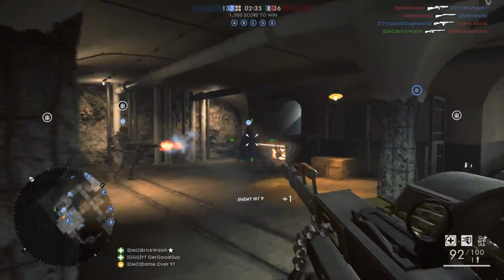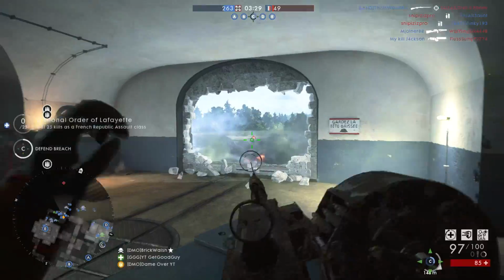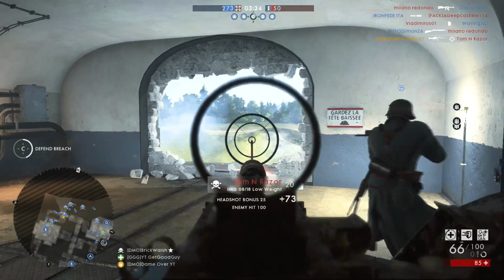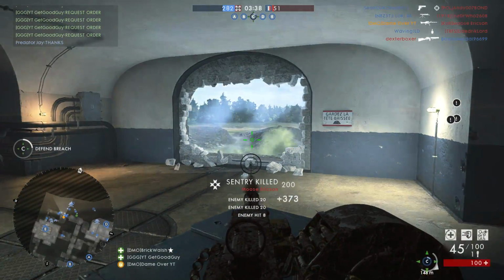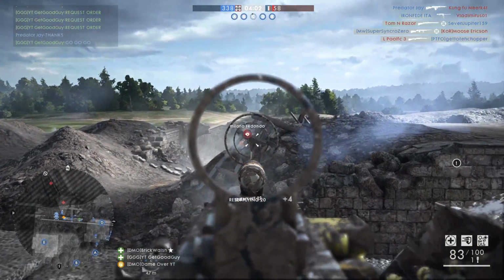Third on our list is the LMG 08/18 low weight. This is a very recent addition to Battlefield 1, dropping with the Apocalypse DLC, and it's for that reason that it hasn't had time to compete with the other weapons on the shortlist for usage stats and overall kills. But for those players that have discovered how good it is, the number of service stars they have is testament